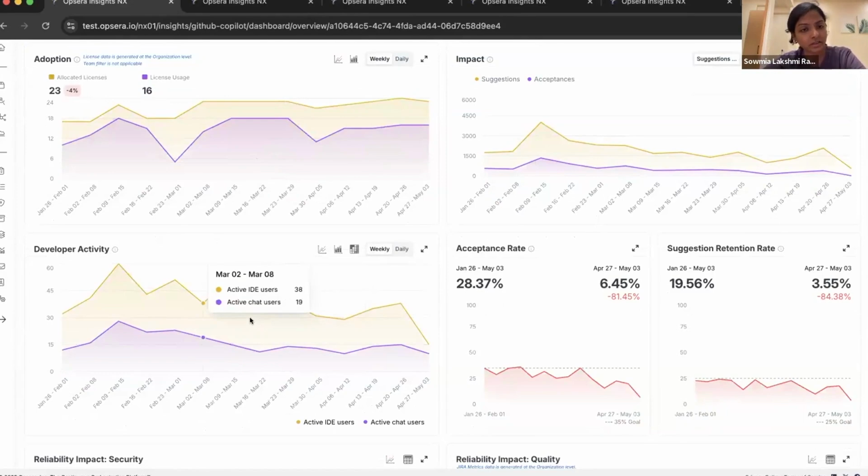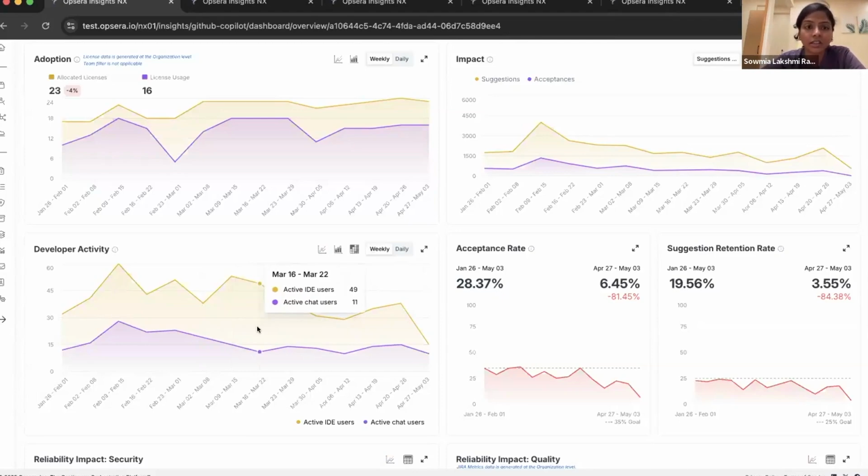So this gives you a glimpse of how many developers are actually active across a period of time. We also give you a distinction of the IDE users and your chat users. So you can see the difference, because a lot of the organizations have been coming back asking, what if I'm using the chat for utilizing the test cases? What if I'm using it for documentation purposes?